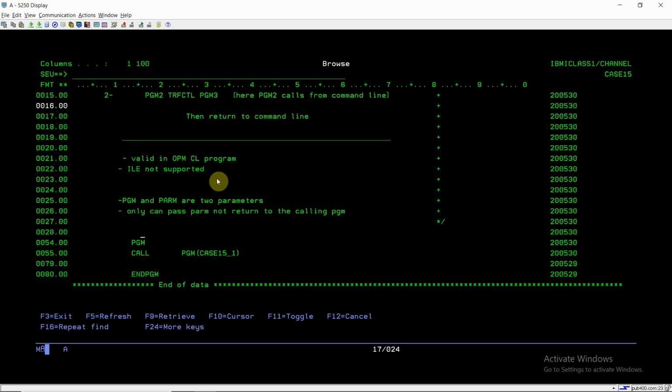For example, we are using the call command to call the case 15_1 program.